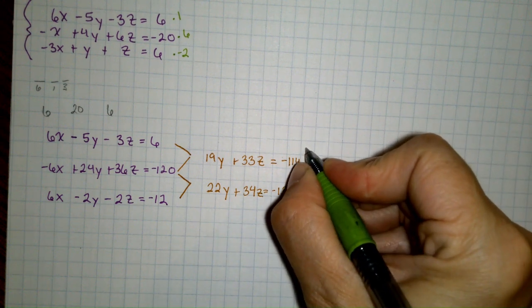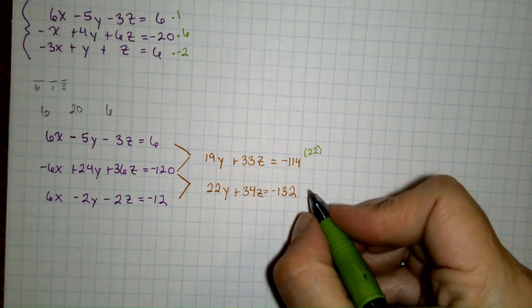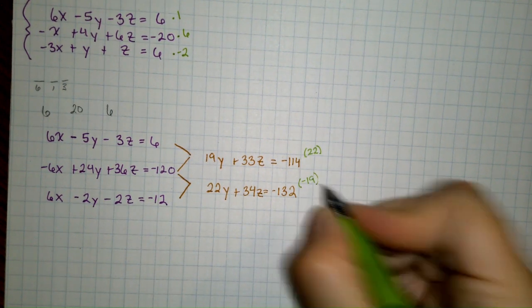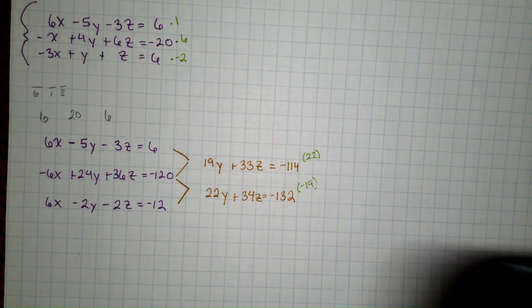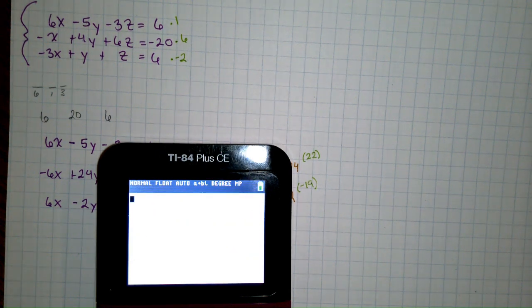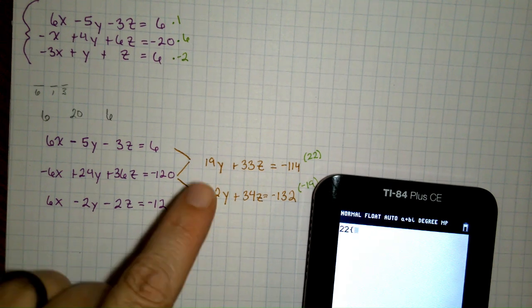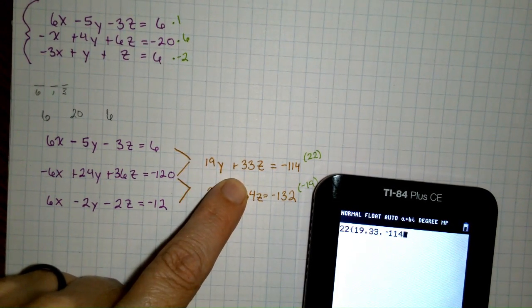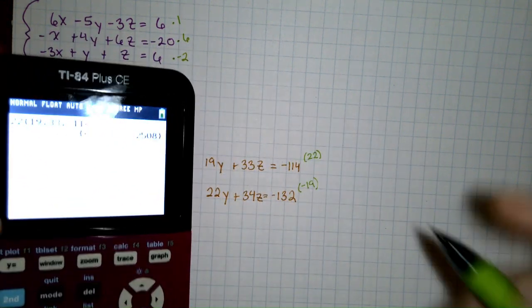So I'm going to multiply this row by 22, and it will be positive in front of the coefficient for y. And I'm going to multiply this one by negative 19 so that I get a negative coefficient for the y. And again, I'm going to use my trick of multiplying because it's fun. So we have 22. It's also less keystrokes on the calculator. Okay. So it gives me